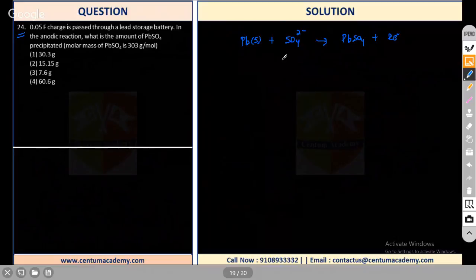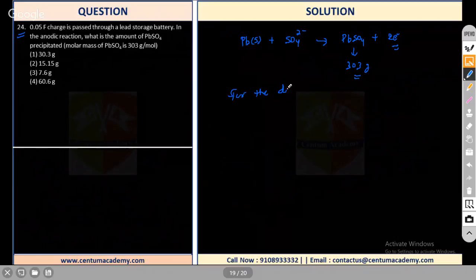Now the molar mass of PbSO4 is given in the question, that is 303 gram. Correct. Now since 2 electrons are released in this reaction, if you apply the concept of Faraday's law, 2 Faraday charge,